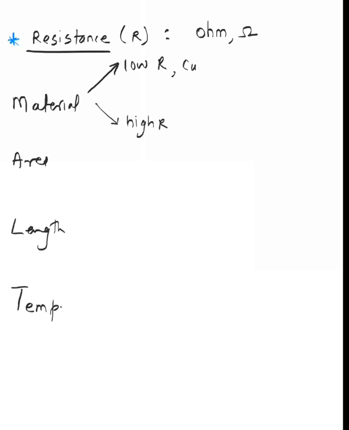So the wires in your house are all made up of copper. They are called connecting wires, connecting from the switchboard to your tube lights, fan, AC, television and all. There is another material, silver. You can also use aluminum at times, but copper is more often used. Now there's another material, silver, which is an even better conductor than copper.